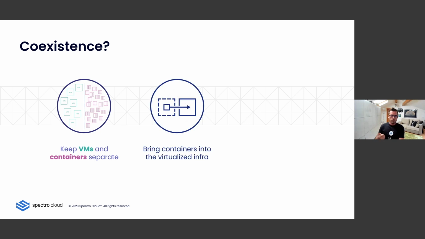The other one is to bring containers into VMs. So you deploy VMs, and then you have those VMs running as Kubernetes nodes, and then you deploy containers on top of those VMs. That's also a solution. But this is a nested environment, and it's hard and complex to troubleshoot. It often requires proprietary solutions to make it happen.